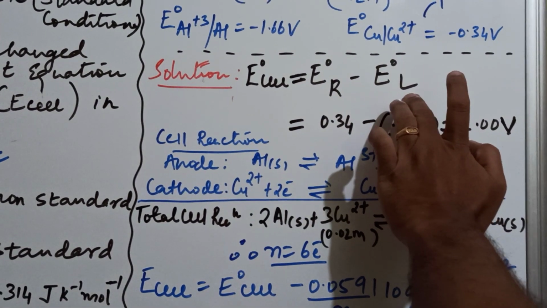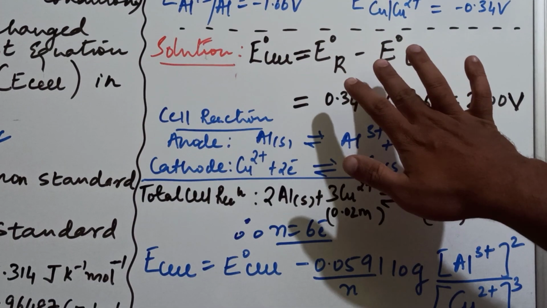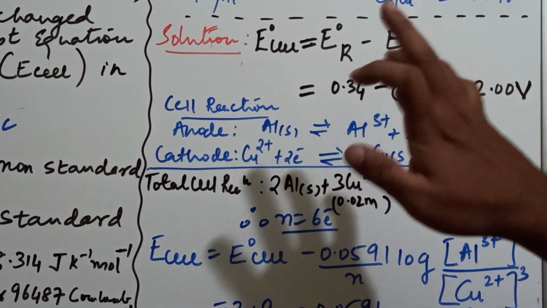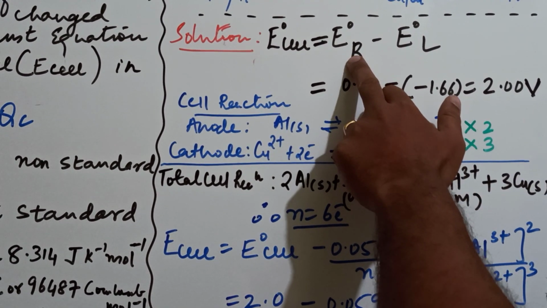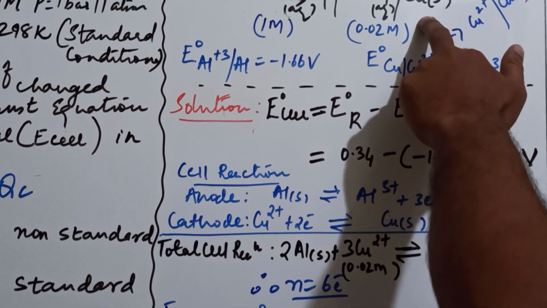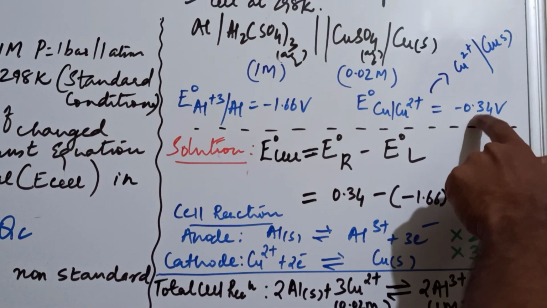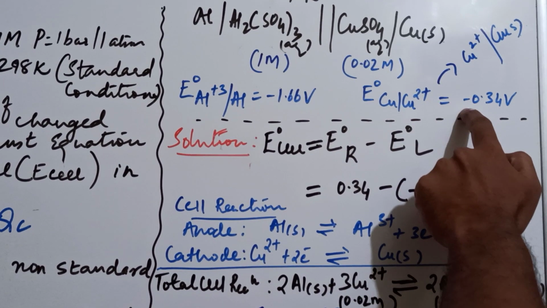E degree ox reduction anode. We are going to calculate the reduction value, so naturally it will be right side minus left side as per the textbook. Now right side you have got copper, so naturally the value, as I said, will become positive, plus 0.34, because it will be Cu2+/Cu, so the sign will change.